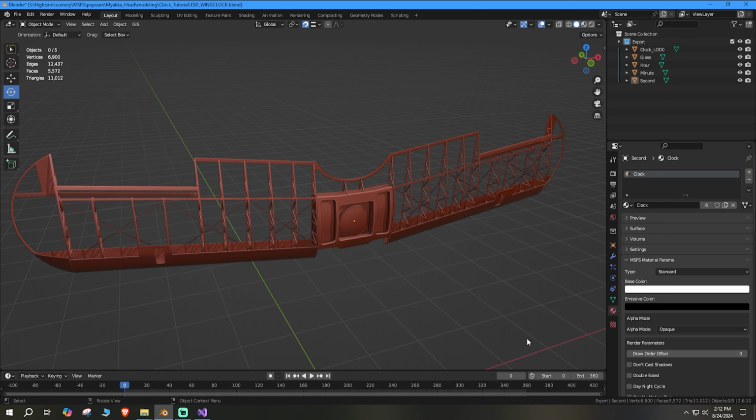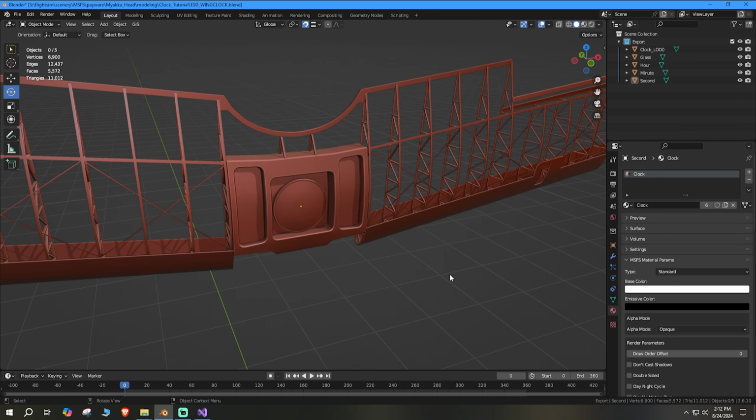Today we're going to be taking a look at how to animate and make a functional clock inside Microsoft Flight Simulator. So this clock will actually be able to tell the current time in the sim. And I'm not going to be going into any details about modeling or texturing in this video. This is functionality only, so if you have not gotten to the point where your clock is created, go ahead